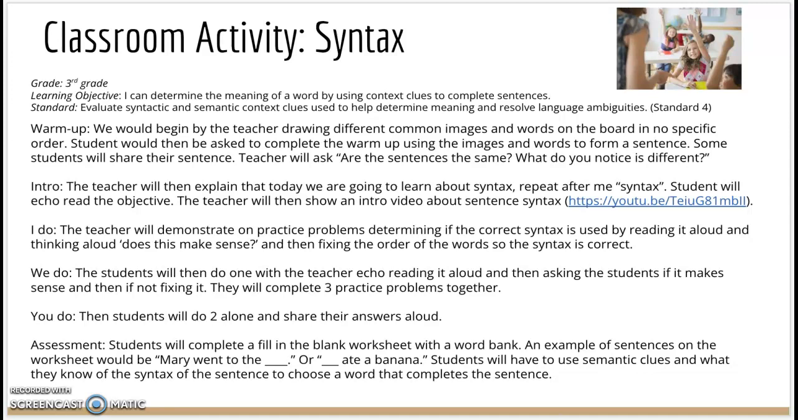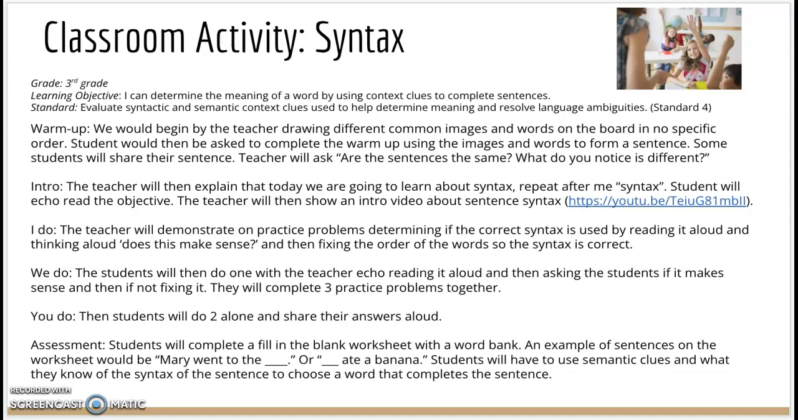So once some students share their sentence, the teacher would ask the students, are the sentences the same? And what do you notice is different? We're anticipating that the students would create different sentences using the syntax that would make sense. However, if the sentence didn't make sense, it would be a good opportunity for the teacher to use that sentence